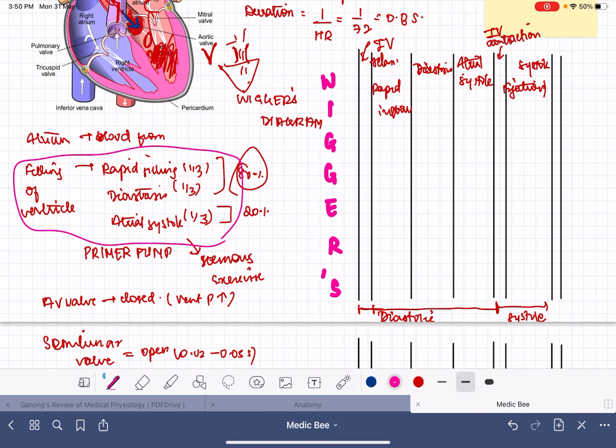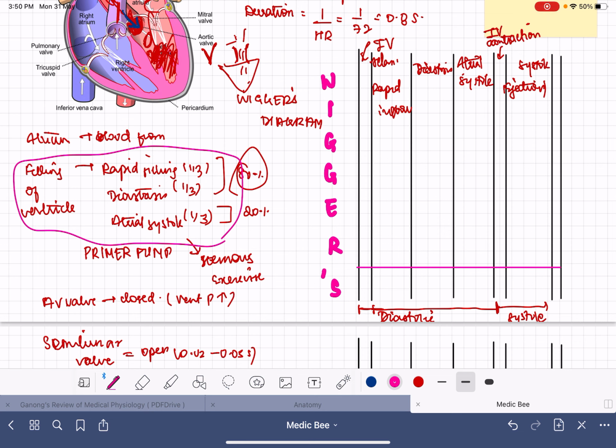So first we will see what is happening in the atrium. Atrial pressure will generally be around the level of 0. It will not be higher, because the volume of blood stored is very small, and most of the time it is allowing direct blood flow. So the average value will be just around 0.